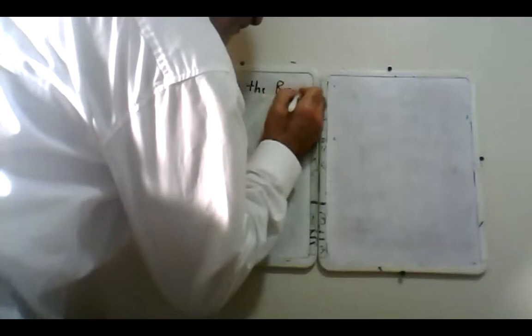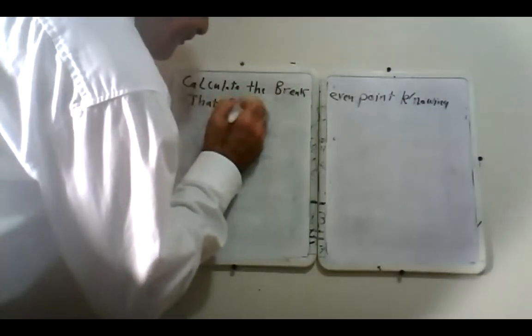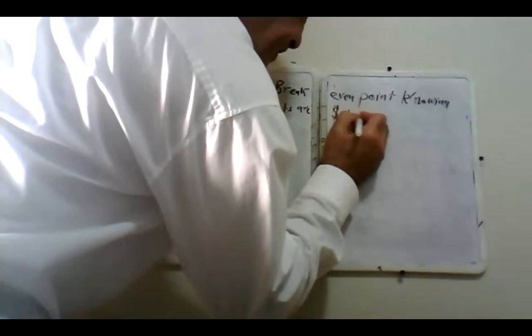Let us say, calculate the break-even point, knowing that fixed costs are $100,000,